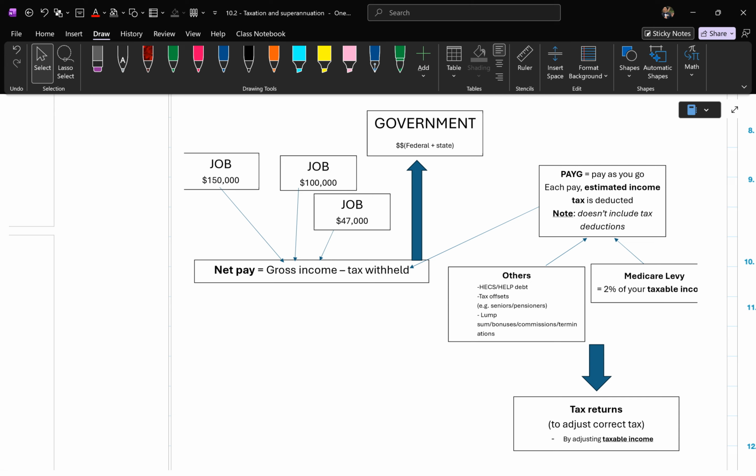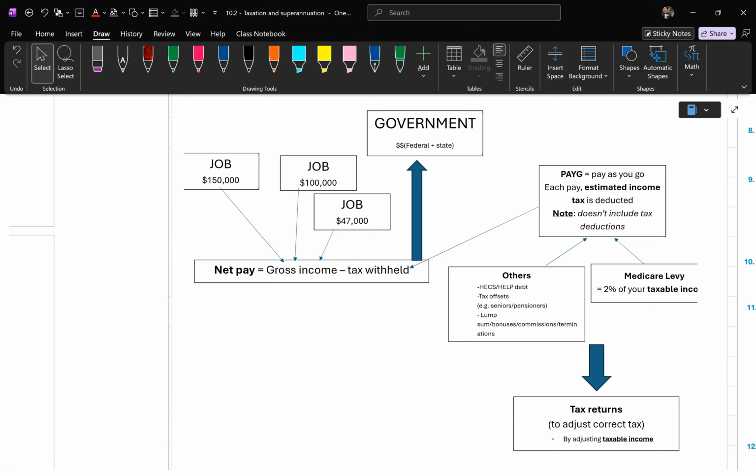Tax withheld is what you pay to the government so that they can provide those services. Okay, so everyone has to pay tax regardless, unless you're earning a very small amount that they don't tax you, right? This is called a payee. When you have a full-time job or just a job in general, you probably have seen payee. Payee stands for pay as you go. What does that mean? You pay your taxes